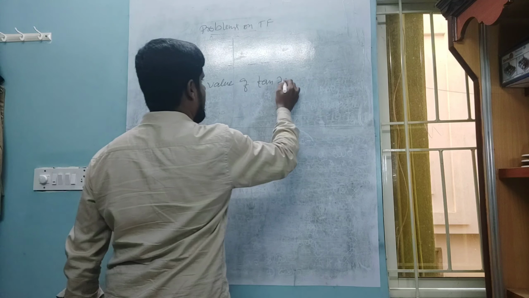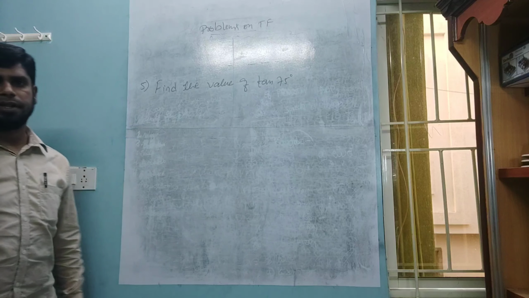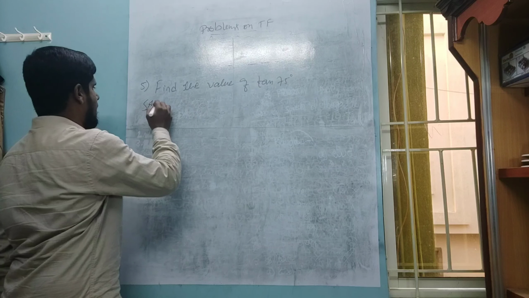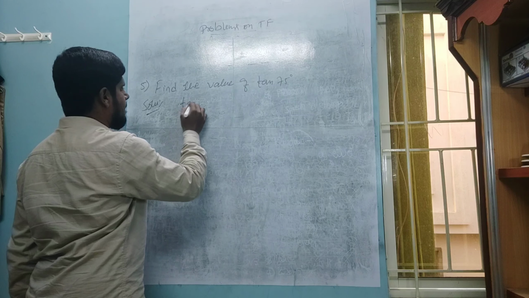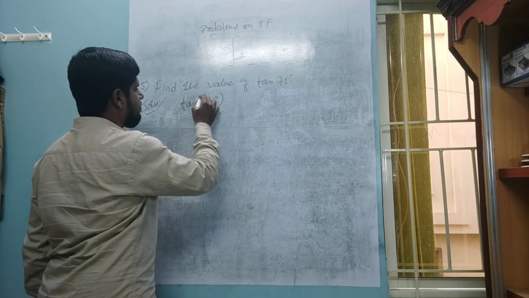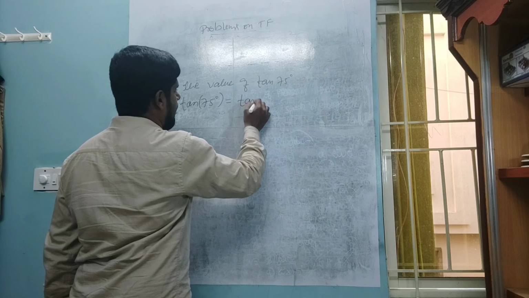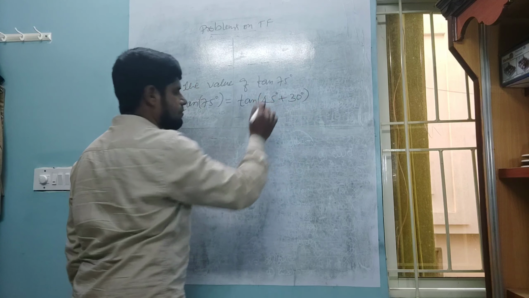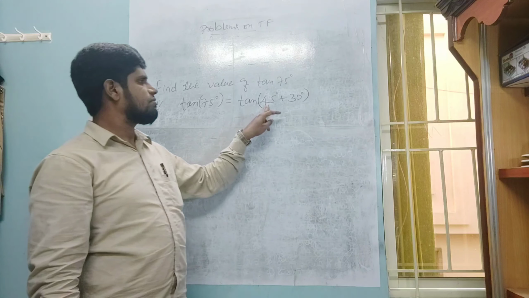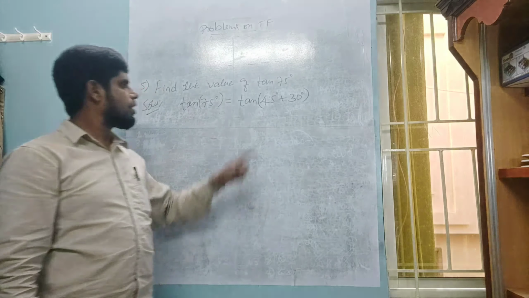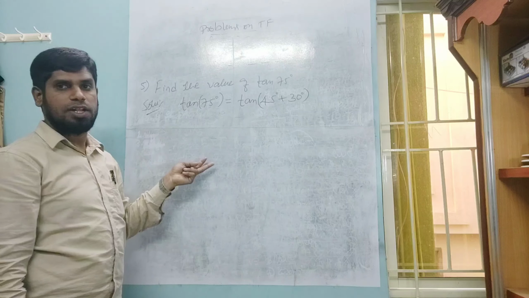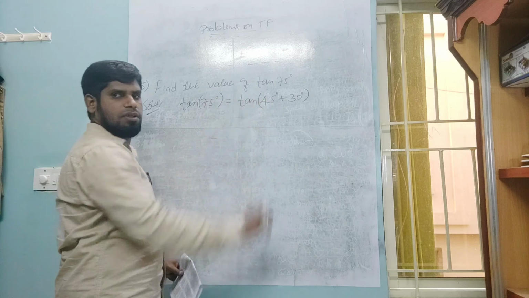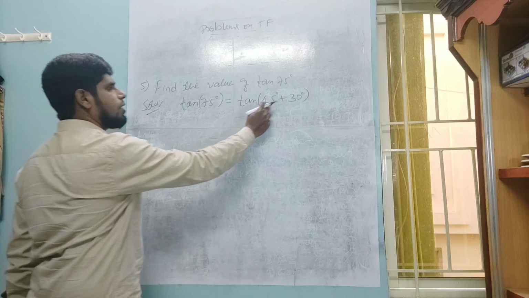tan 75 degree. Solution. Tan 75 degree can be written as tan 45 degree plus 30 degree. Again, the reason is because 45 degree I know and 30 degree value I know. So I have taken this. Otherwise, I could have taken 60 plus 15 also, but both are unknown to me, because 60 is known, but 15 is not known. So I have taken it in a known form.